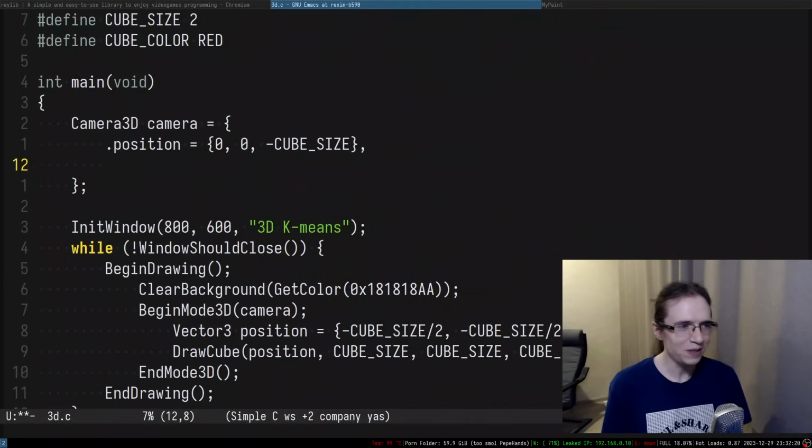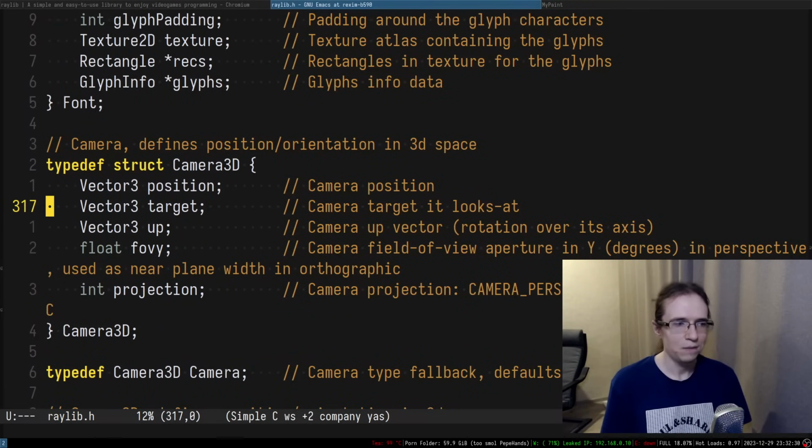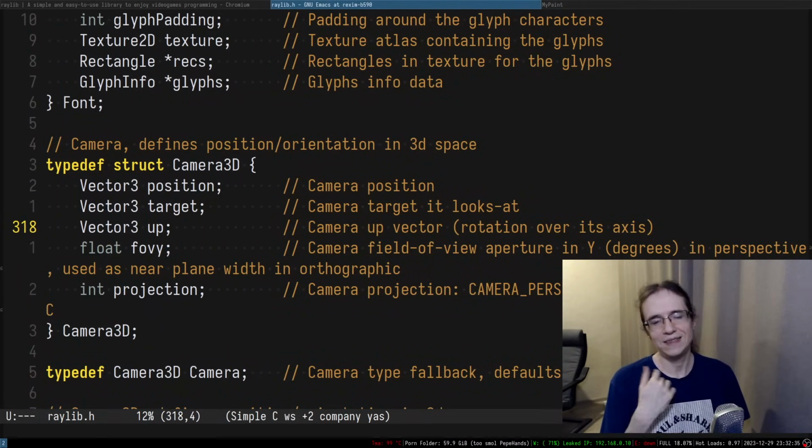Anyways, so what's going to be the target? The target is obviously going to be the cube itself, which is positioned at effectively 0, 0, 0, right? So this is where it's located. So up, so rotating over its axis, the camera vector